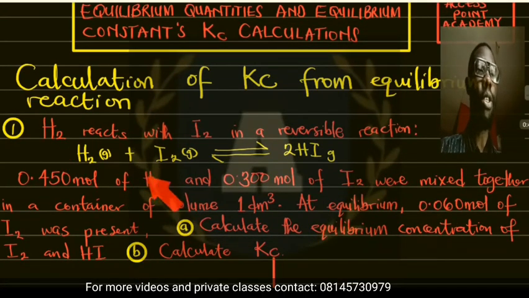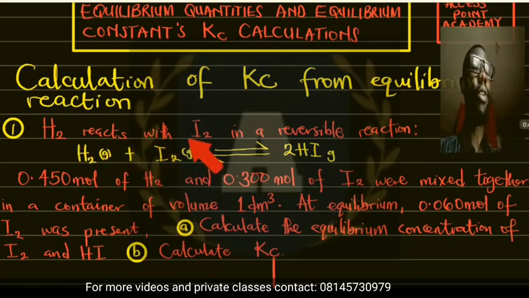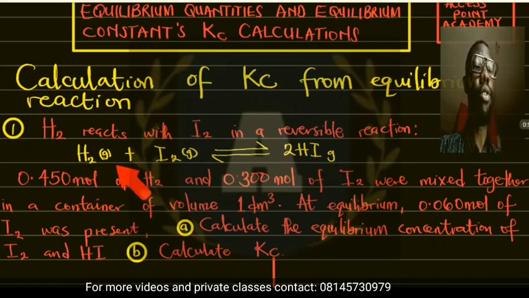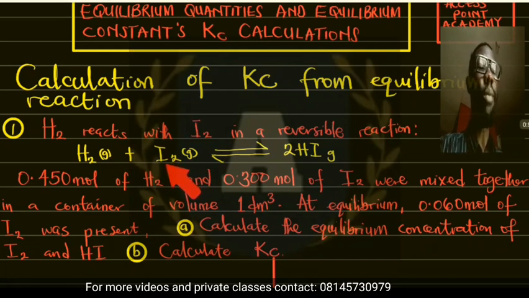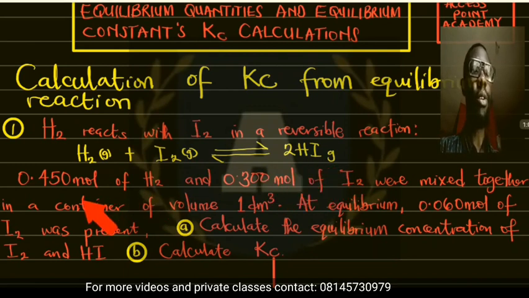Now what does the question say? We have hydrogen reacting with iodine in a reversible reaction. This is the chemical equation for the reaction. This is hydrogen gas reacting with iodine in a reversible reaction to give 2 molecules of hydrogen iodide. So now the question continues and says